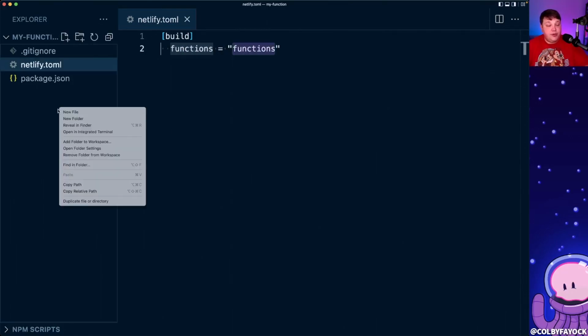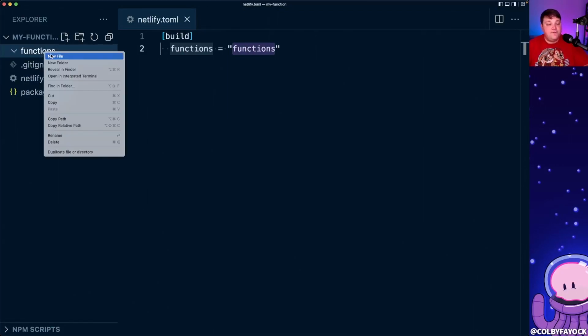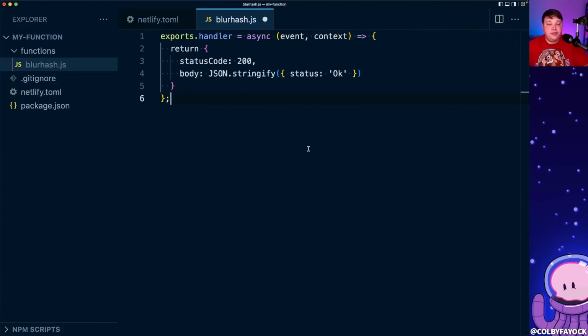So with that said, I'm going to create that new directory called functions, and inside I'm going to create a new file called blurhash.js, where this is going to be where we create that function. Now, rather than typing all this out, I'm going to go ahead and paste in this little snippet, but what I'm doing here is I'm creating a new handler on my exports where I'm saying I want to create an asynchronous function. Inside of that, we're going to receive two arguments, the event and the context, which we're not going to use right away, but we can see that inside of our function, all we're going to do is we're